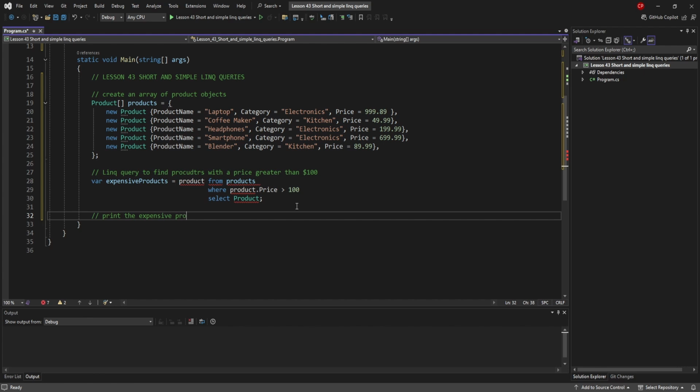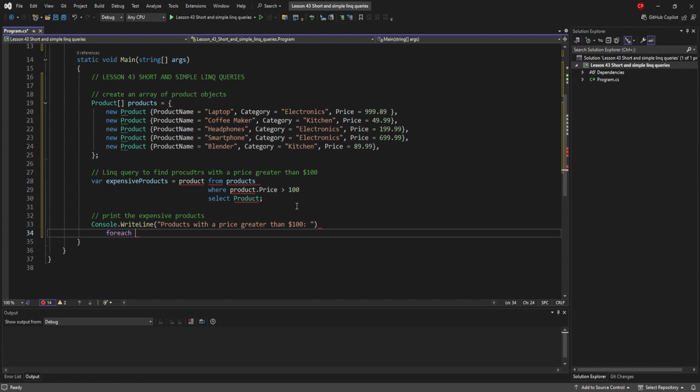Print the expensive products, and then console.writeLine, and then we're going to say products with a price greater than $100, and give it a little space, and then foreach var product in expensive products, and then we'll do console.writeLine, and yes, it's going to be product name, but not that. Category,